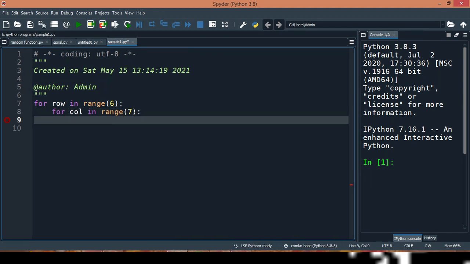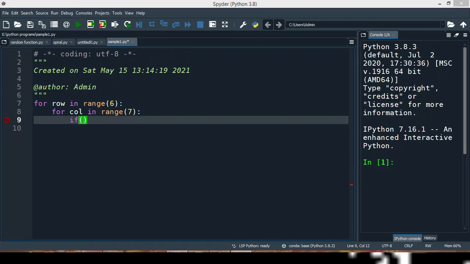So if we take 7, the last value is never printed in range. The same way, the 6th index will never be printed for the row range. So now we'll use if. Why if? To write the condition, as you know, we have to use if only. So inside this round bracket I am going to write the condition. As I have already told, there are 4 conditions we are going to write.